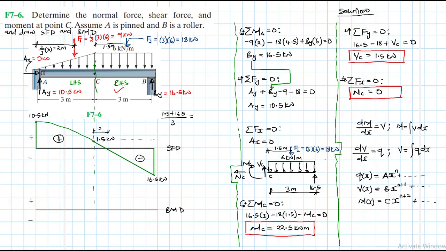Let's call this part x. And then finally we have 1.5 divided by x, and therefore our x is just going to be equal to, so 1.5 plus 16.5 is 18, divided by 3 is a 6, and then we have